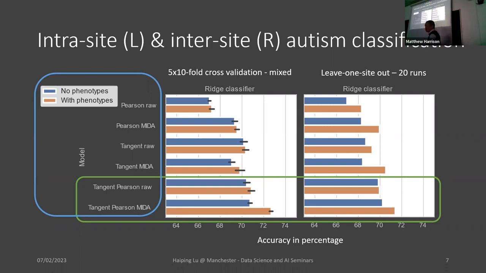The first one is the traditional cross validation, where you do a random split, right? So therefore the data mix. The second one is more challenging, where we leave one site out. That is, we use 19 sites for training and the 20th site for testing, right? So that is more challenging, but also closer to a real world scenario. For example, we think that all the data is collected in one place, and then maybe it is used somewhere in the US or in Germany or in France, right? So that is what we call the one site out prediction.